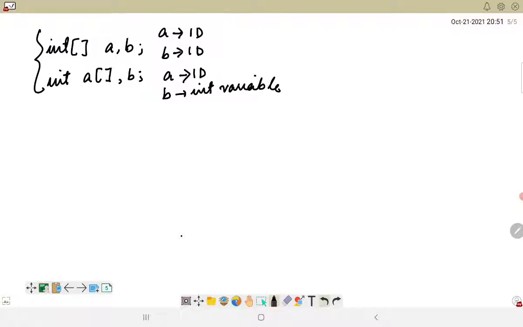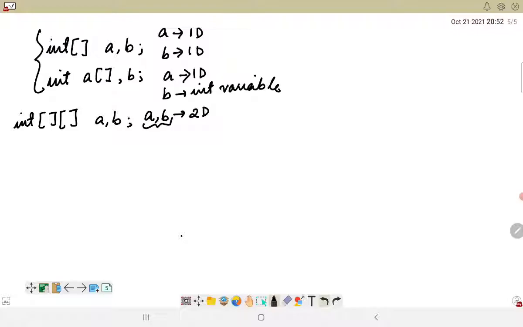So in 2D array also there are certain differences in representation. For example, let us consider the first type of representation. So int, if I'm using two square brackets followed by a comma b, here a and b both are 2D arrays.